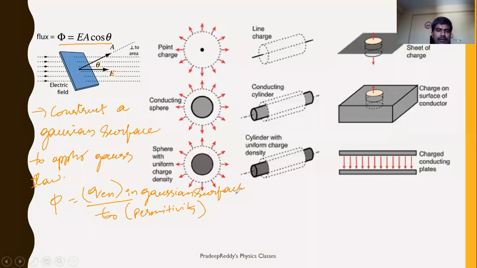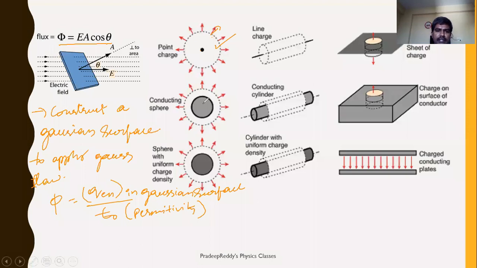Therefore, Gaussian surfaces are to be constructed for different shapes. A Gaussian surface for a point charge. Now see, check it in this figure. You have a point charge. In order to use Gauss law, you should construct a Gaussian surface, which is 3-dimensional and an imaginary surface which you are choosing. So for this point charge, a spherical Gaussian surface is to be constructed to use Gauss law, right? So you can simply find the electric field of this point charge using the Gaussian surface.